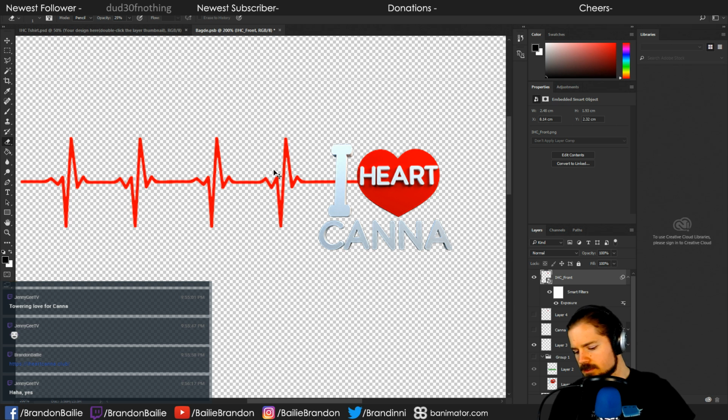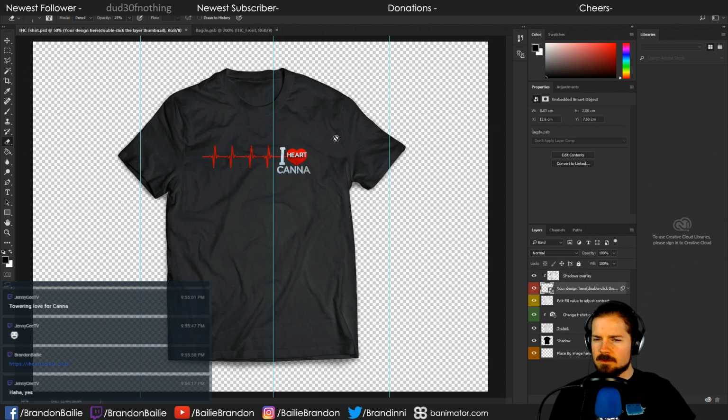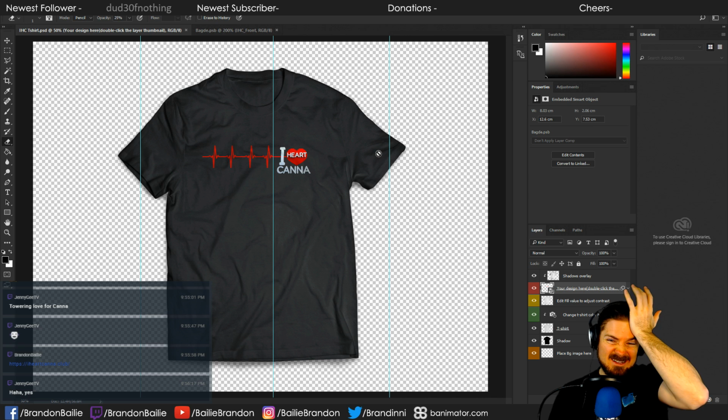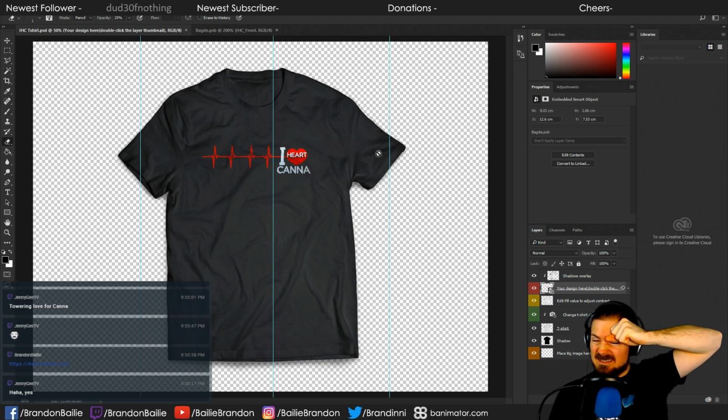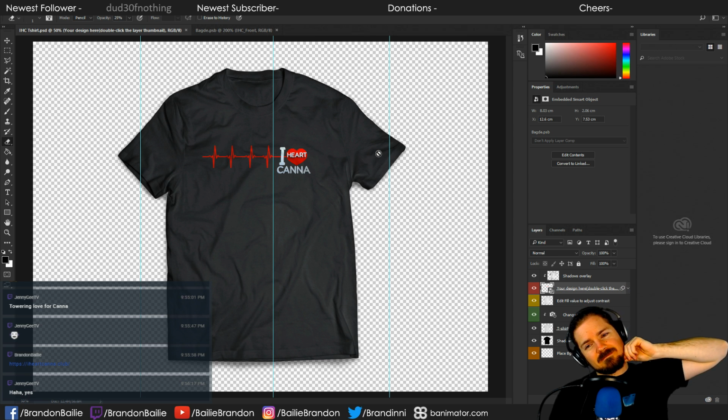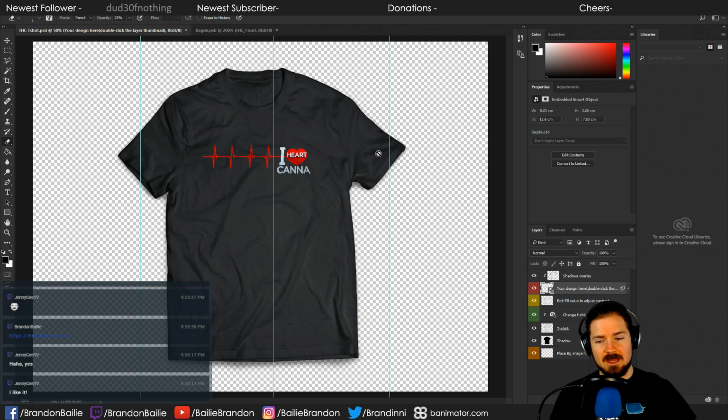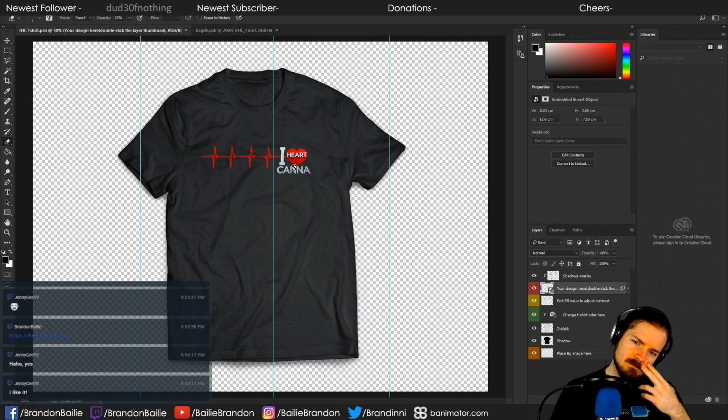All right, so now we'll save this. Plop it over here. Oh, that looks pretty nice too. Got some nice shading and stuff. I almost feel like we have to make that heartbeat rendered out as well for it to fit with the 3D. Just because it's kind of like 2D, 2D, 3D. Although it does make the logo pop out a little bit more. That's not that bad.